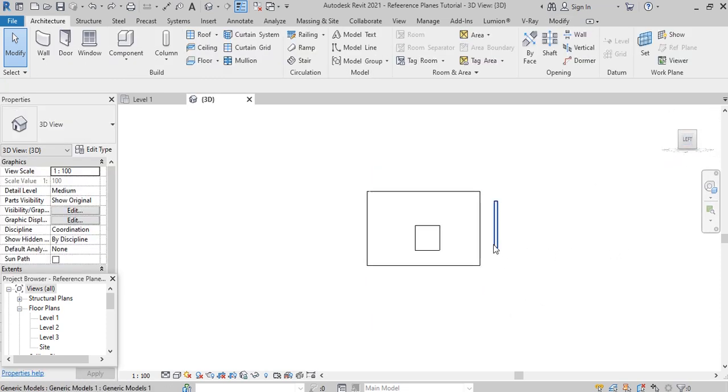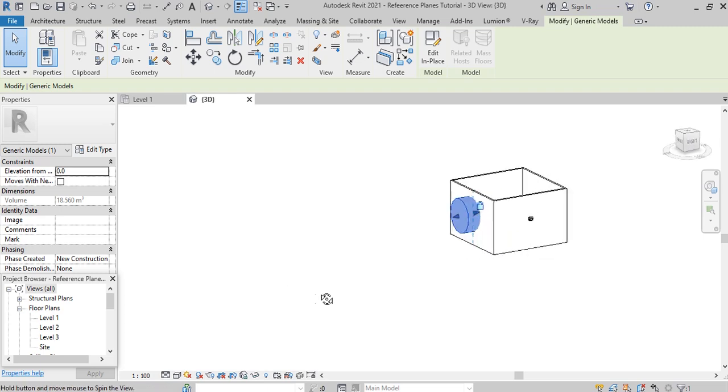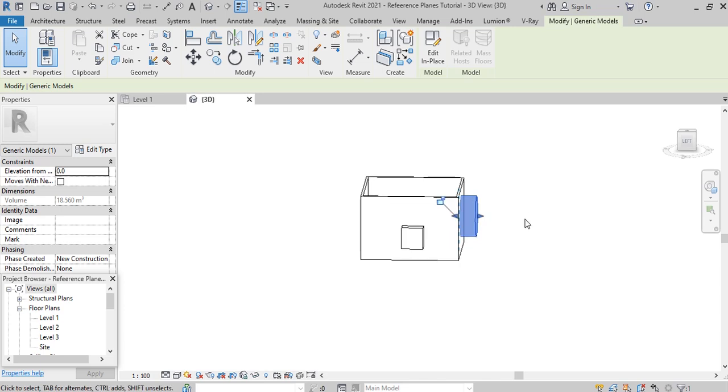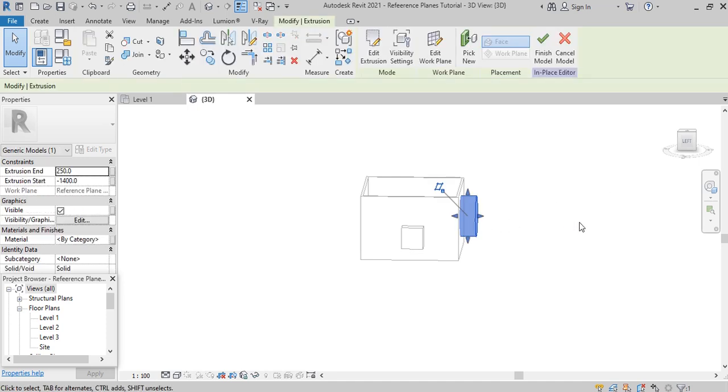So this now, you can select this also and drag it to align with the wall. And you can also lock it in place. So when you lock it in place, you can't easily tamper with it any longer, except you unlock it by clicking on the unlock button, so you can easily move it to whichever direction. Now with this also, you can change the host of this. Now if you select edit in place, now with this edit in place, you select it the second time,